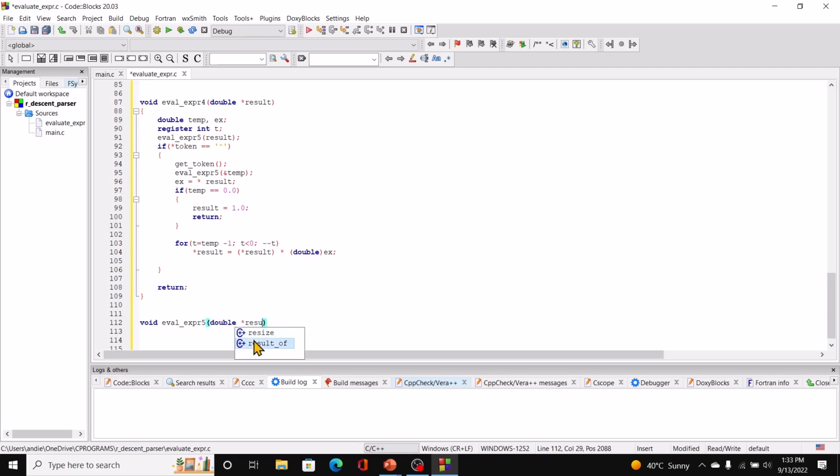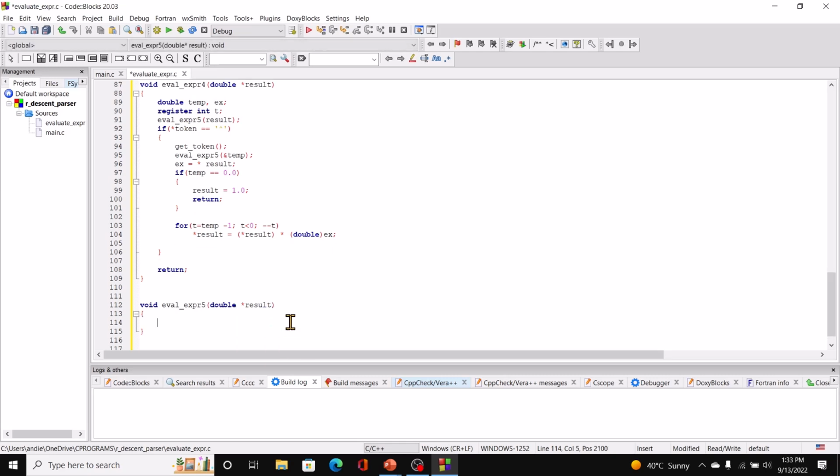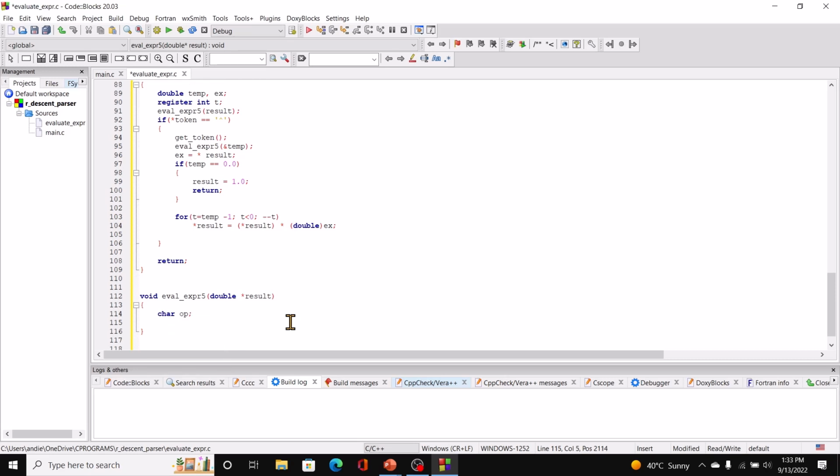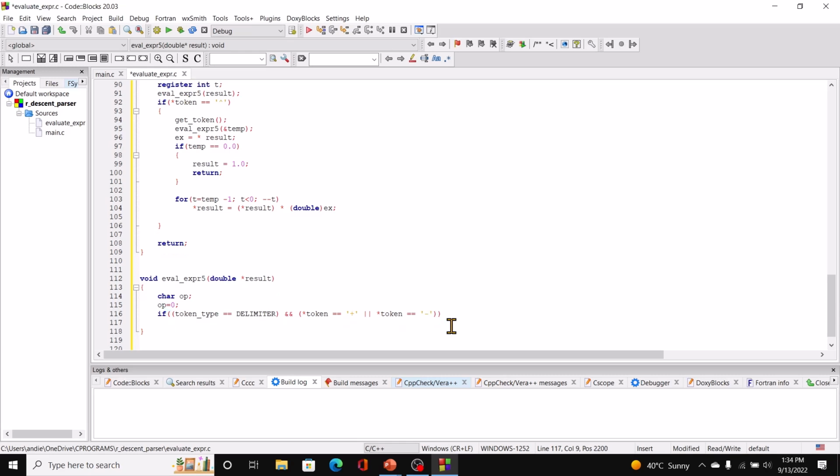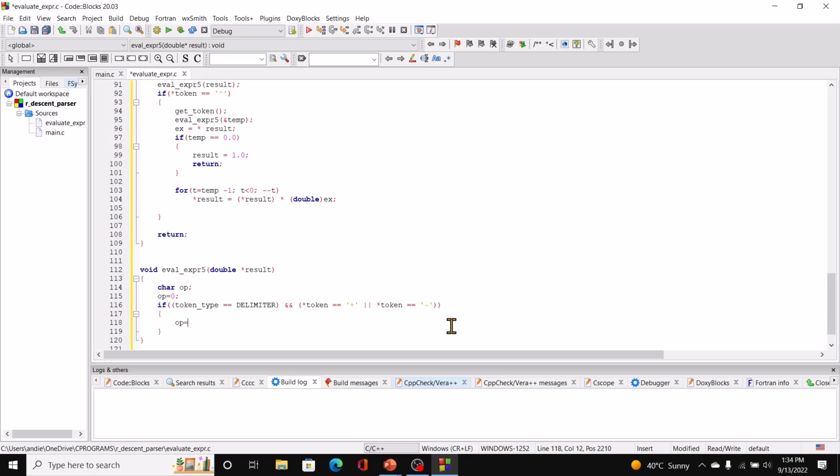So double star result is the parameter, and here we have char op equal to 0, and then we can say if token type is equal to delimiter, and star token equal to a unary plus, or star token equal to a unary minus. Then we say op equal to star token,